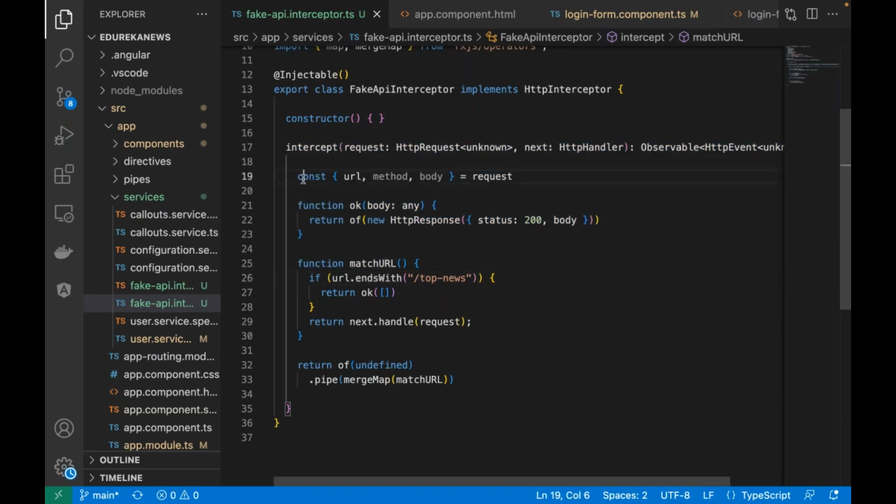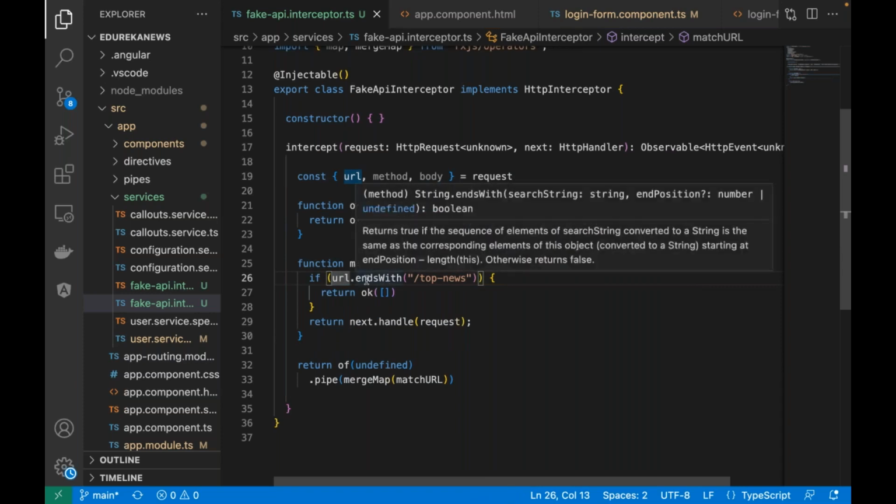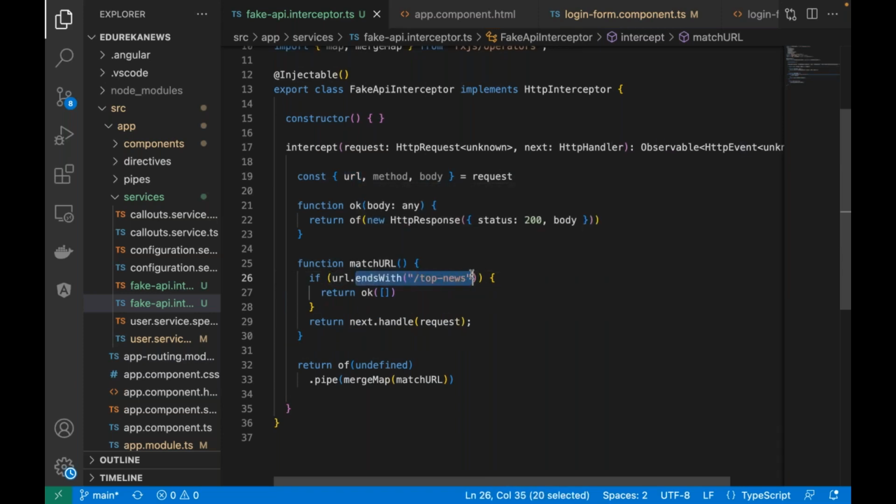So first we are checking the URL of it. So we are getting the URL, method, and the body, and that method, that URL is being checked over here. So we are checking what is the URL and how it has been ending. Because the ending of the URL is very important to us, that will tell us where you are sending the request to. So I'm sending the request to top news. If I'm sending the request to top news,